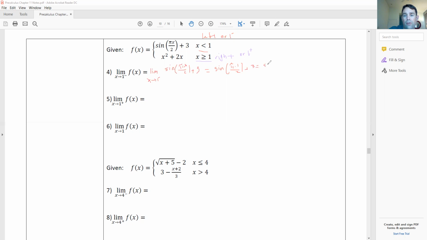So sine of pi over 2 plus 3 is the same thing as 1 plus 3. So it is 4. So from the negative side, my limit would be equal to 4. From the positive side,